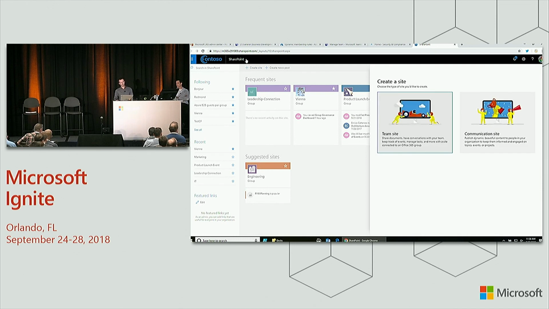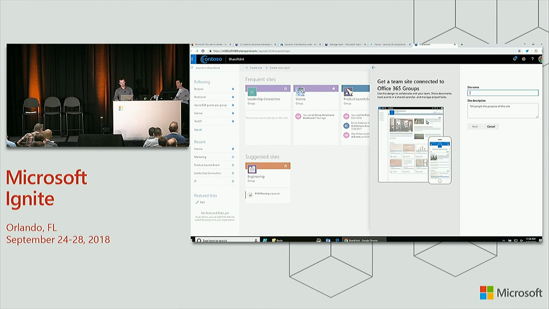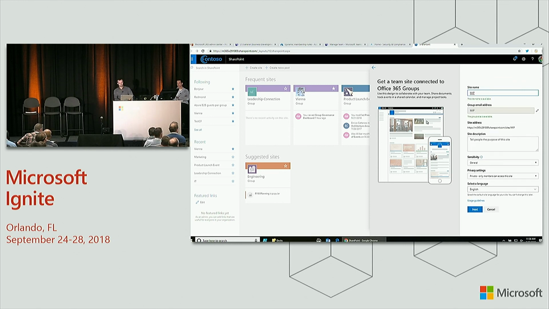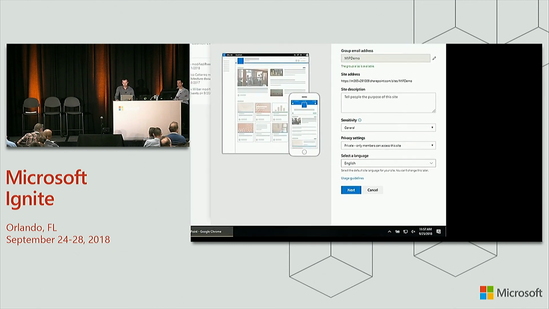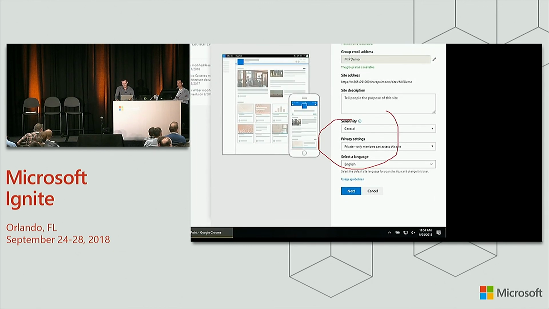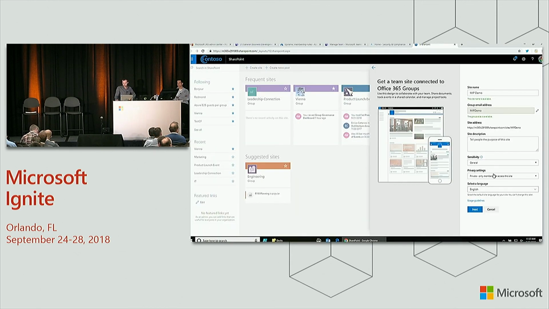Here I'm going to create a team site, and you're familiar with this. I'm logged in as an end user, and I'll call it the MIP demo. And so far, you say, Christophe, business as usual. Absolutely. So here, by default, it's using this label called General. And like I mentioned earlier, we switched the default privacy in SharePoint to be private, but I can still pick public, right? That's the behavior you're seeing today.